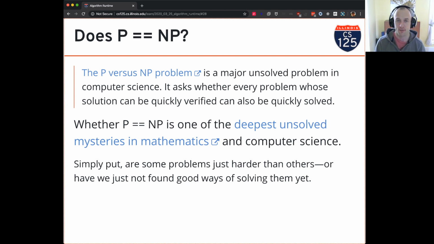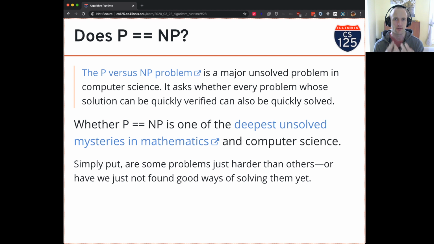And in computer science, we have a very, very deep problem that's at the root of the field that remains unsolved, right? It's extremely interesting. Some of you might have heard about this already, and this is the question of, does P equal NP? Again, we do not have the requisite level of mathematical maturity in this class to really discuss this problem rigorously. But essentially, at its core, what it has to do with is, are some problems just fundamentally